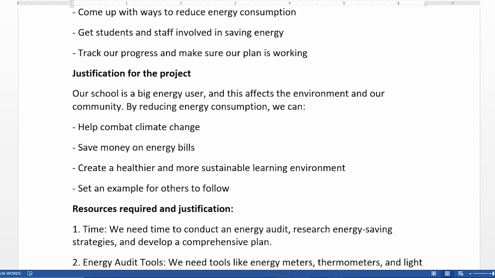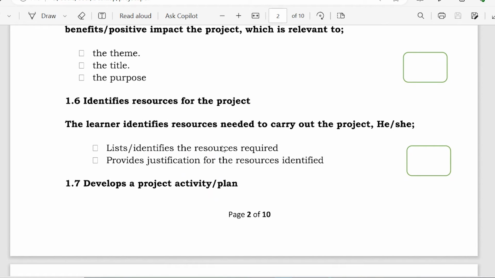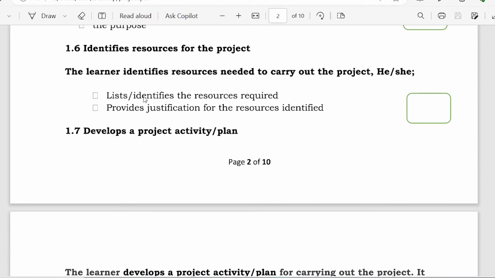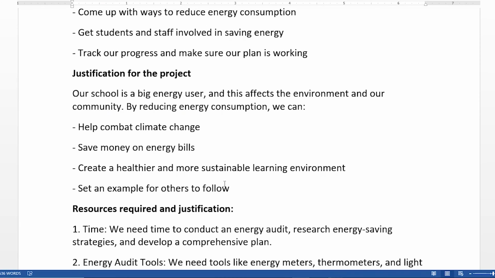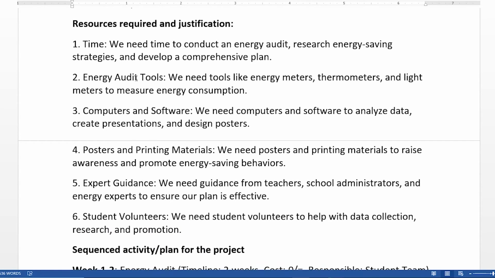And then next is identify resources. Those resources should be identified or listed, but also provide justification for the resources. Why do you need them? So under resources, one, the time: the learner will need time to conduct an energy audit, research energy saving strategy, and so on. Also, the learner will need the energy audit tools to measure the energy use, like meters, thermometer,